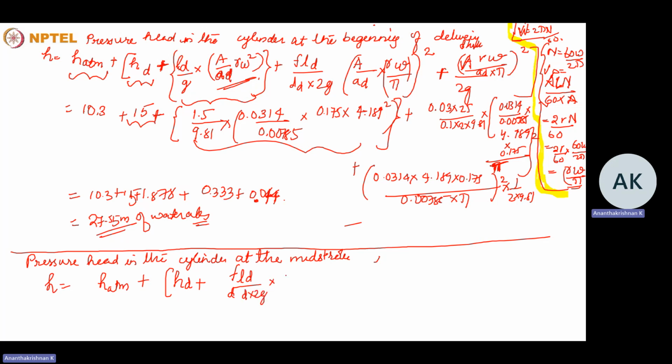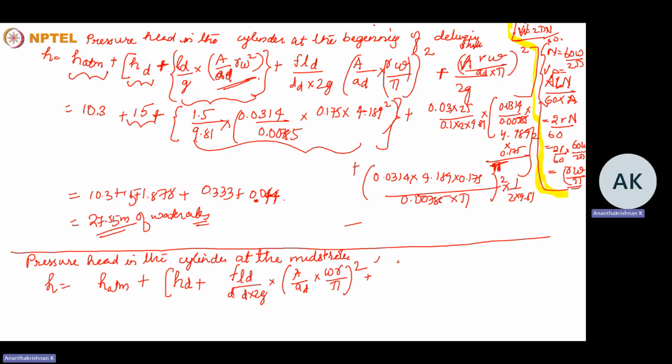That will be giving you that frictional head loss in the frictional head. So that is in the delivery tube. That will be AD into omega R divided by pi the whole square. Omega R divided by pi, that will be the velocity of the piston